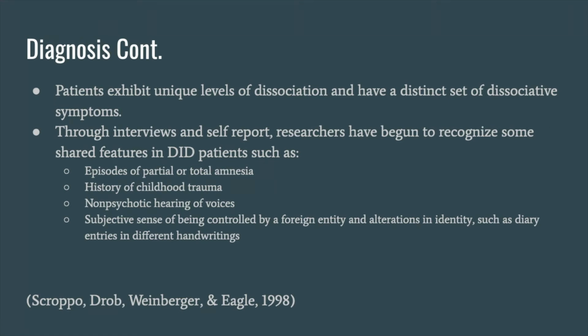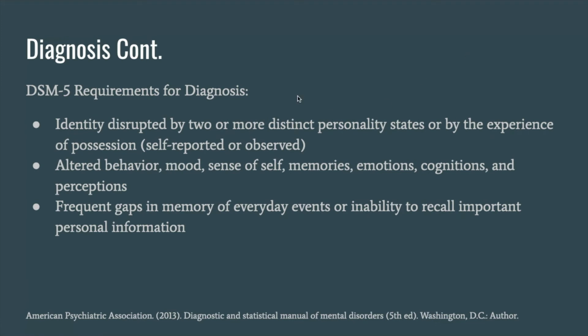And this is just some extra information, but I was reading that through interviews and self-report, researchers have begun to recognize some of the shared features in DID patients, such as episodes of partial or total amnesia, which would be a criteria of DSM-5, history of childhood trauma, which is the one that we've been talking about, non-psychotic hearing of voices, a subjective sense of being controlled by a foreign entity, and alterations in identity, such as diary entries in different handwritings, which again would be this first identity disrupted by 2 or more